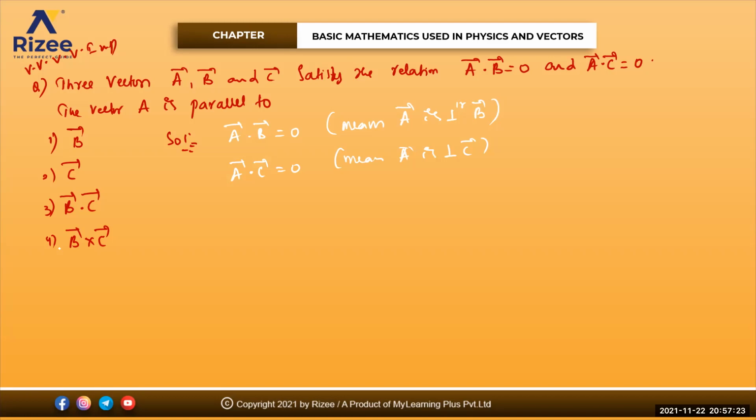If all the three are perpendicular to each other, then B bar cross C bar will be equal to A bar. I have not taught you the cross product, I'll tell you right now. The answer must be B bar cross C bar. Because if this is your B bar and this is your C bar, rotating from B to C, this will be the vector A bar. A is perpendicular to B, A is perpendicular to C. All of them are perpendicular to each other.